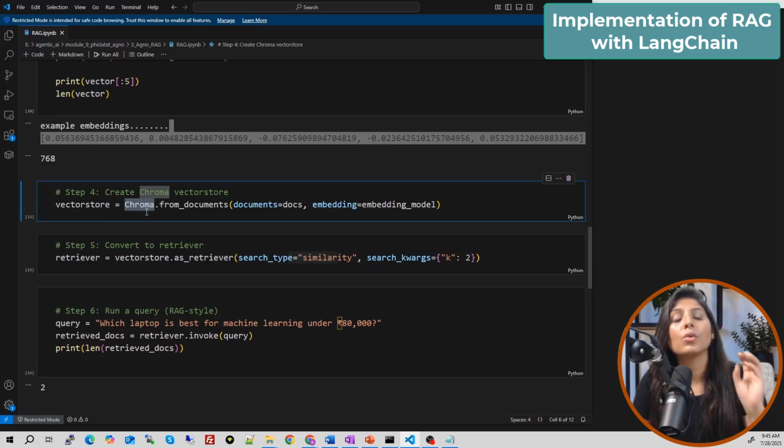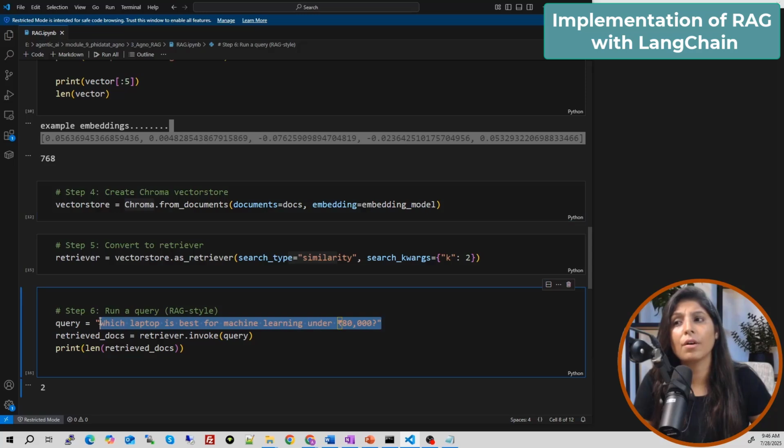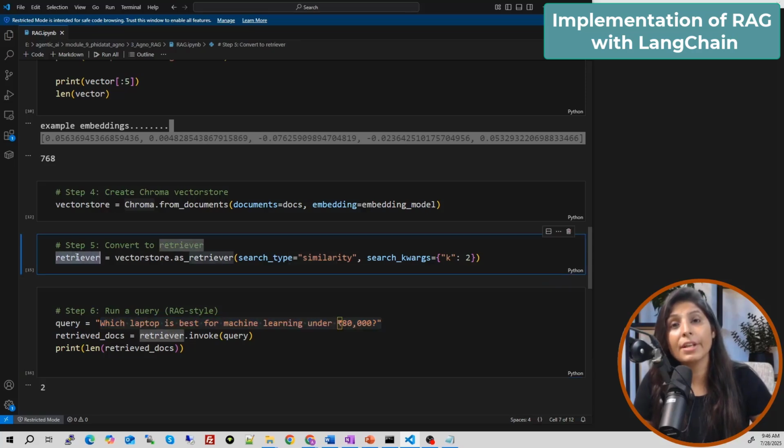So the new information which your LLM doesn't have, we stored in a vector database. Now when the user asks a question, for example, which laptop is best for machine learning under 80,000 rupees, then the retriever will go to this vector database.